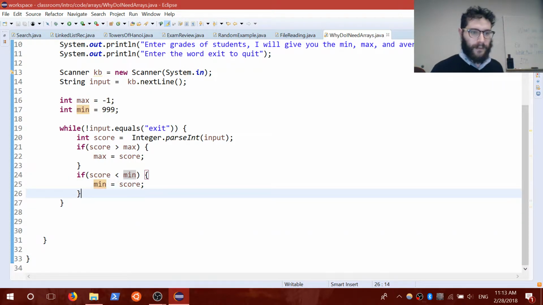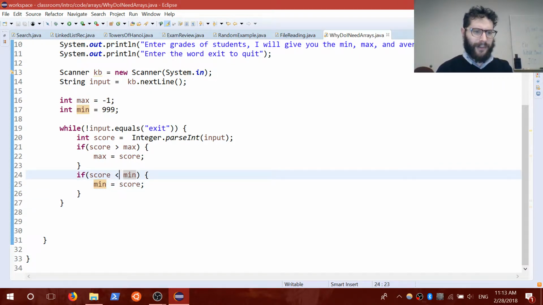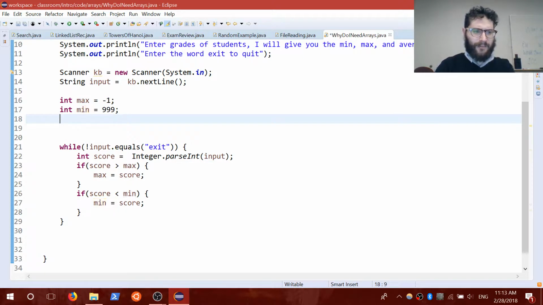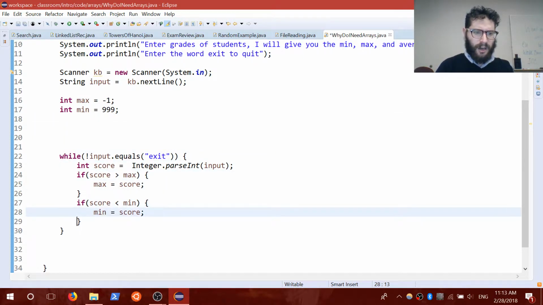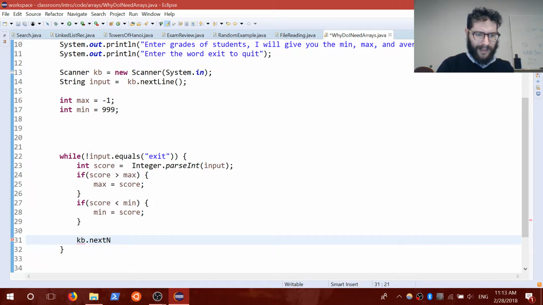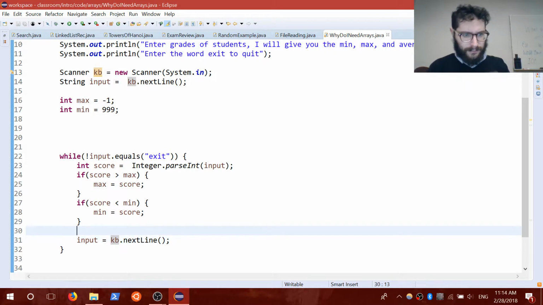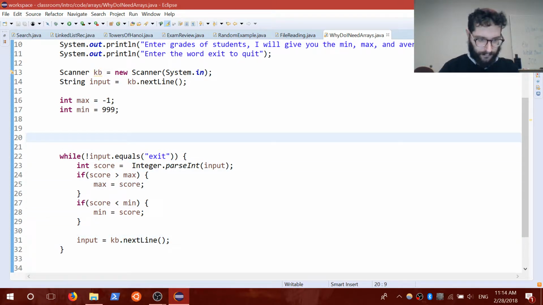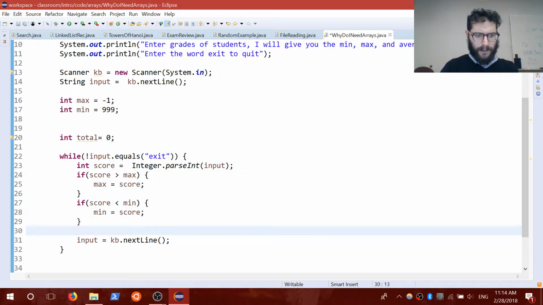All right. But what about figuring out something like the average? Well, to do that, I'll have to keep track of the number of inputs. Oh, and first off, I'll have to get in another kb.nextLine over here. So at the end, to calculate the average, I'll have to do something along the lines of int total is equal to 0. Total plus equals score,